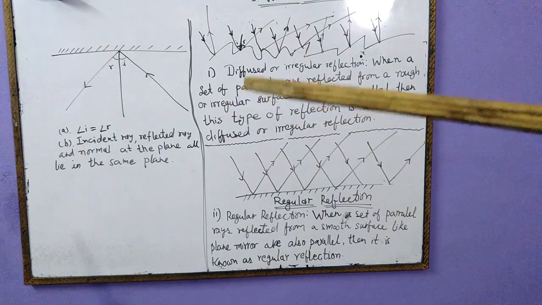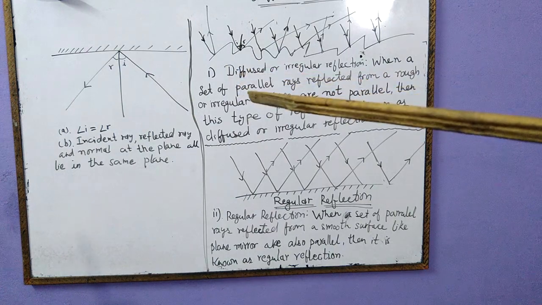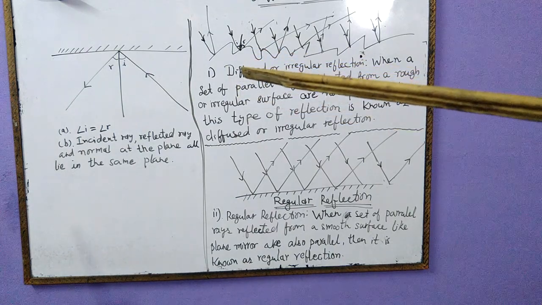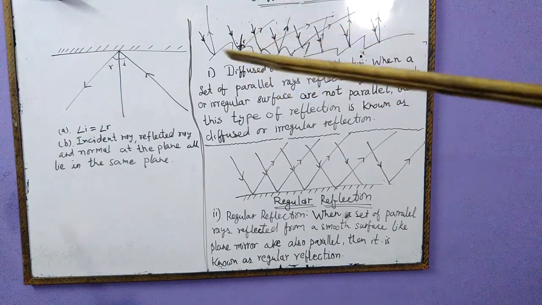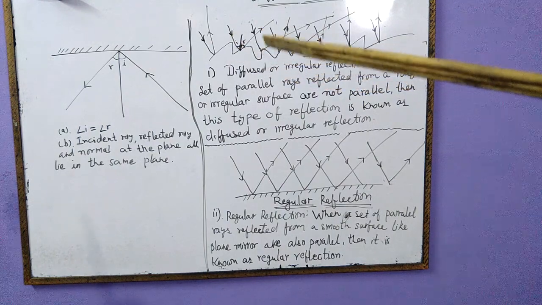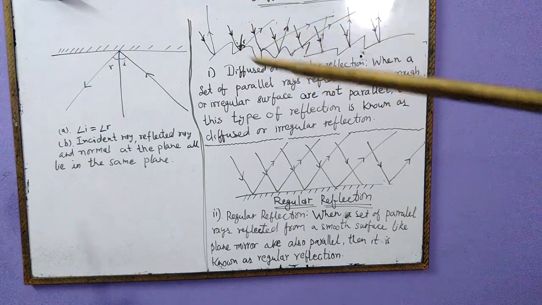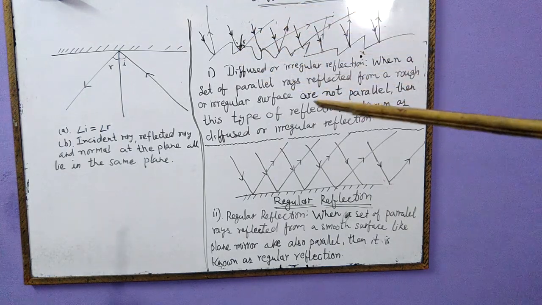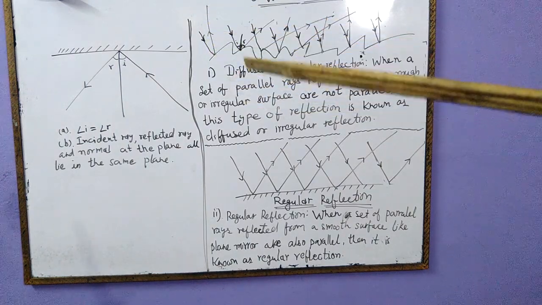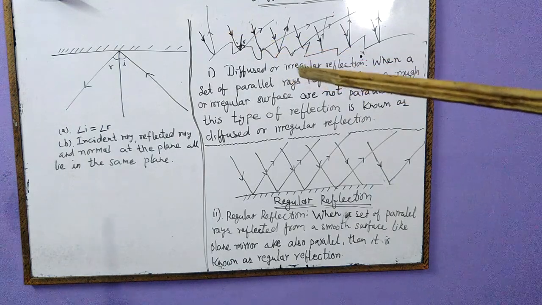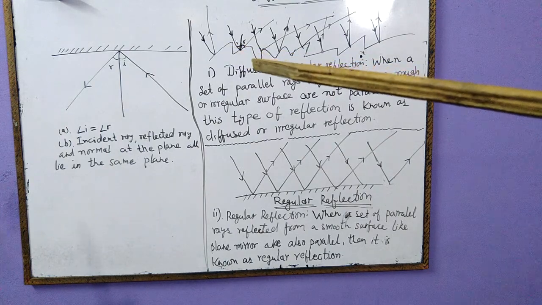So I think you all are thinking that in the irregular reflection, that is in diffuse reflection, there is no law of reflection. That means irregular reflection is not following the laws of reflection. Is it? Do you think so? No, these rays are also following laws of reflection. How? See, these rays are all falling parallel, that is, incident parallelly, but the surface is not parallel. That's why the normal for the plane will be different.